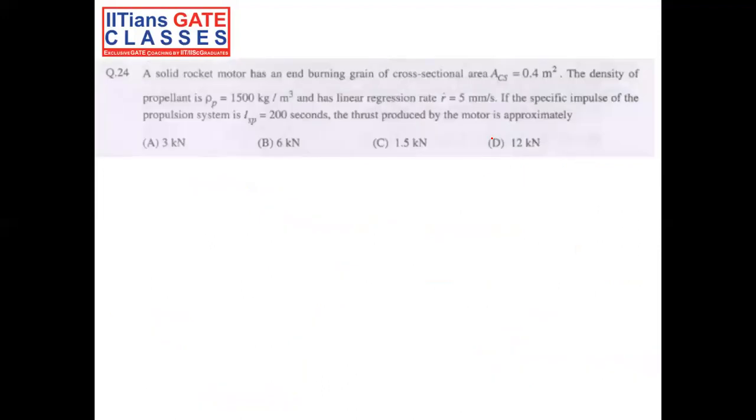Next question. A solid rocket motor has an end burning grain of cross-sectional area this, and the density of the propellant is this, and has linear regression rate of this. If the specific impulse of the propulsion system is 200 second, the thrust produced by the motor is approximately which of the following? Okay, so thrust produced by the rocket motor is given as m dot multiplied by UE, where